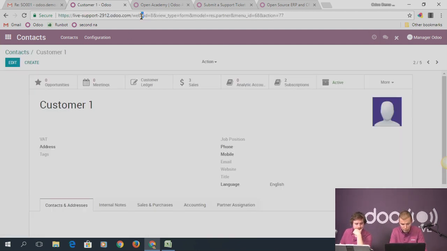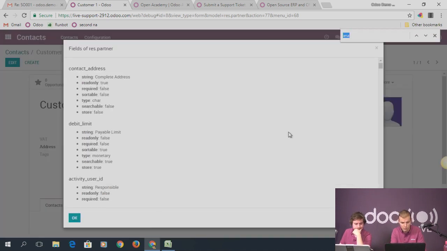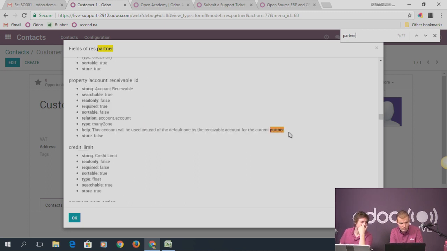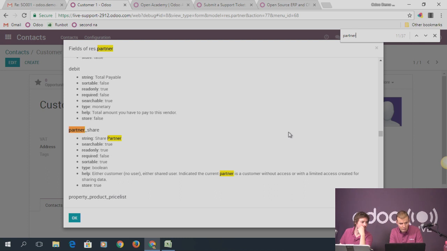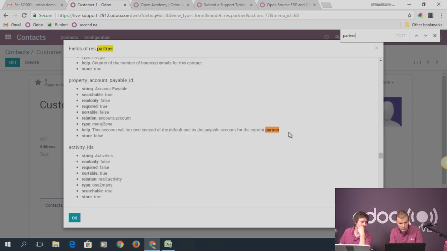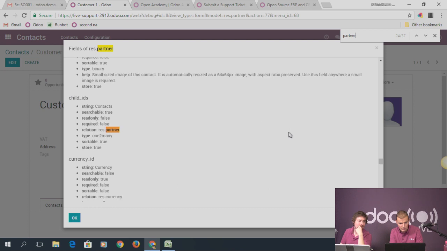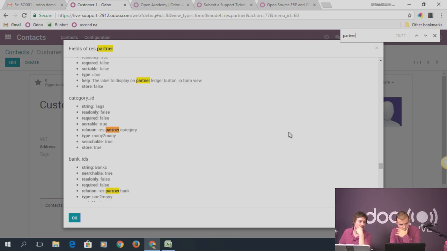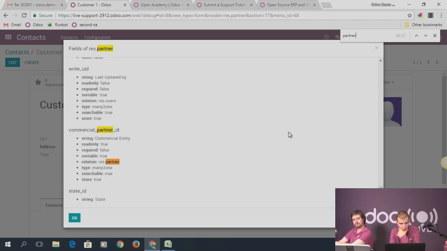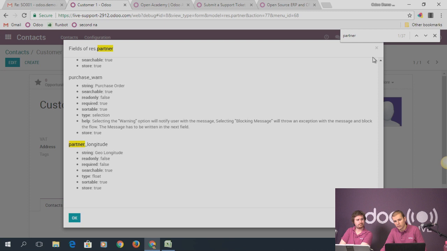Let me activate the debug mode to check the fields we have, title, website. I'm just checking partner share, industry ID, message partner ID, that's not it, customer, no. I'm just checking if there is a field, TZ time zone, no, self, parent ID, commercial partner ID, partner longitude, no. There is no field, so I'm just going to